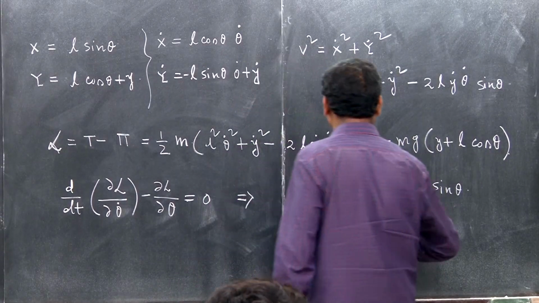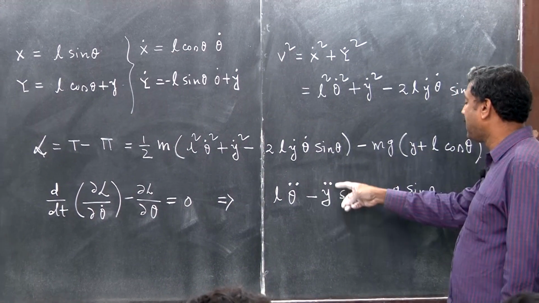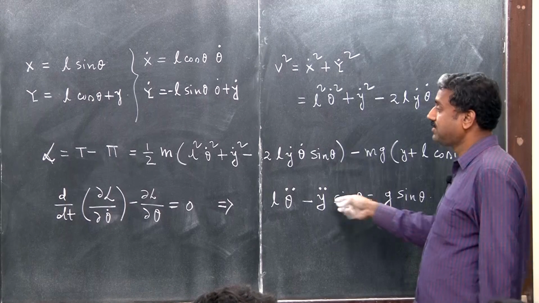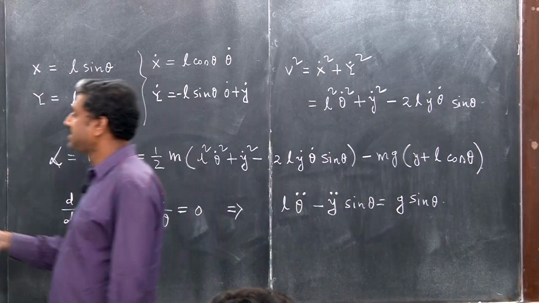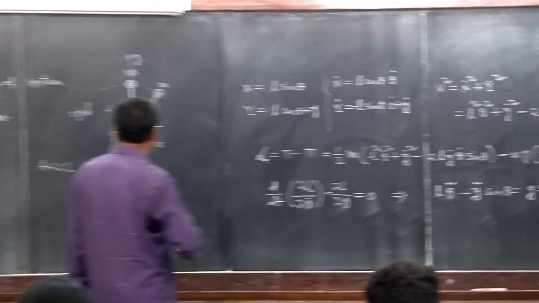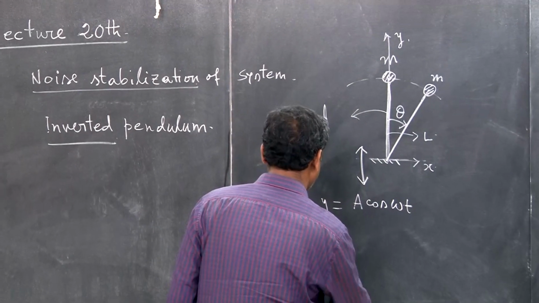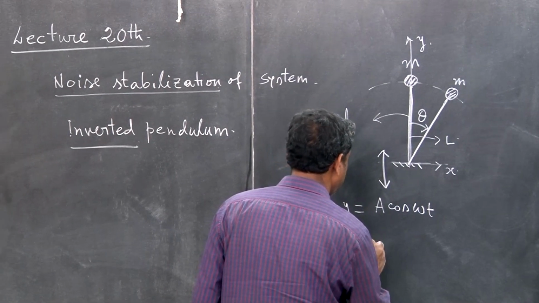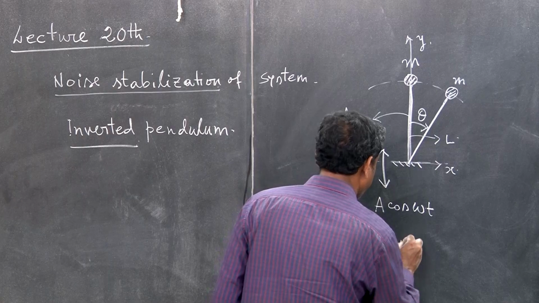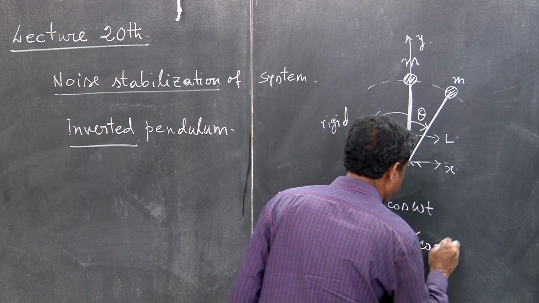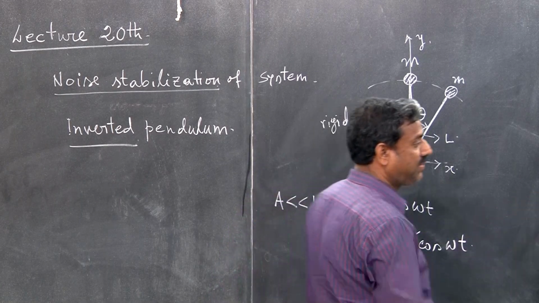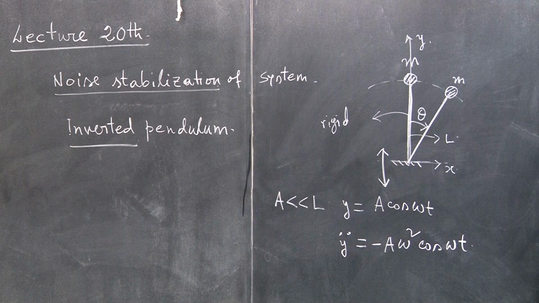Now you substitute y is equal to what? Y is nothing but a cos omega t. So y double dot is nothing but minus a omega square cosine of omega t, and if you substitute that, you will get, by simplifying,